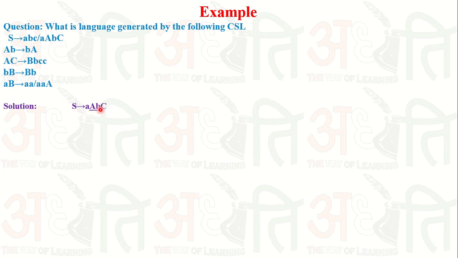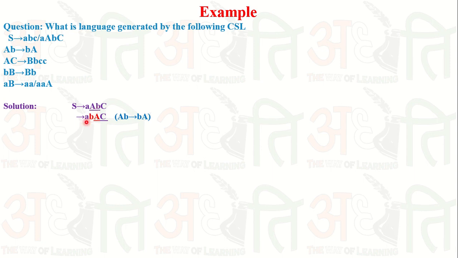Now the underline shows that we are going to replace this capital A and capital B by using a particular production. So what is the production? The production is capital A, small b produces small b, capital A. Just reverse it. The red color shows the symbols and variables and terminals that come after the replacement. So simply replace capital A and small b with small b capital A.